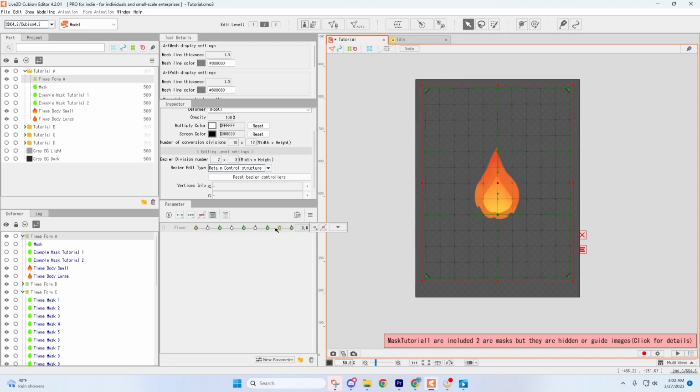For the keyforms at 0 and 4, leave the shape of the deformer unchanged. At 1 and 3, squish the flame down, making sure to also increase the width in order to preserve the volume of the shape. At 2, stretch the flame up while narrowing it accordingly. This gives the overall movement and bounce we want for the flame, and we can move on to the inverted